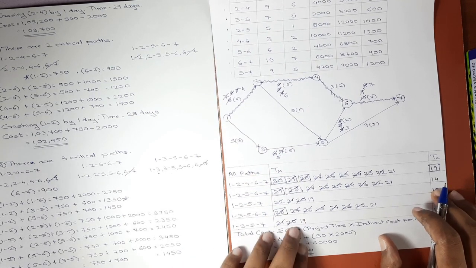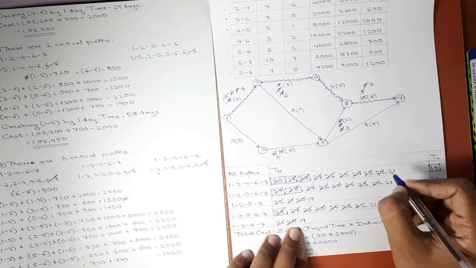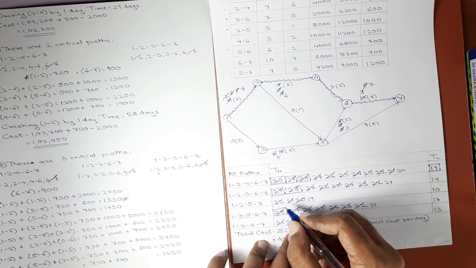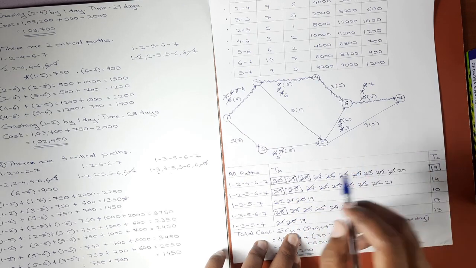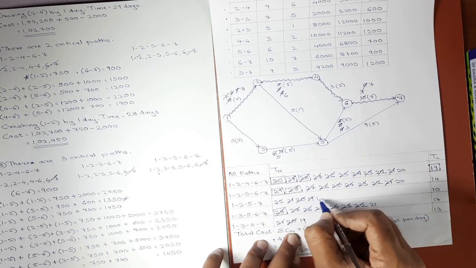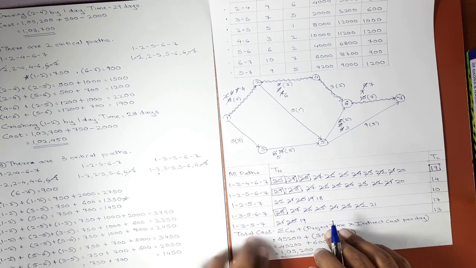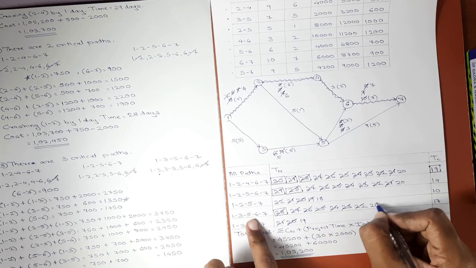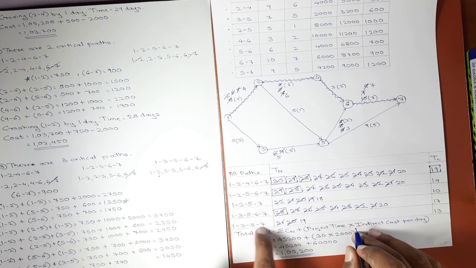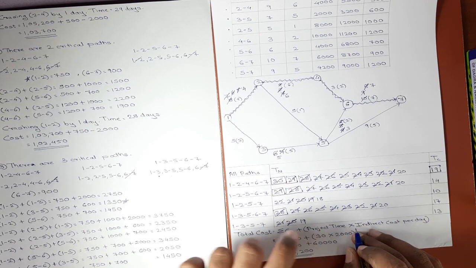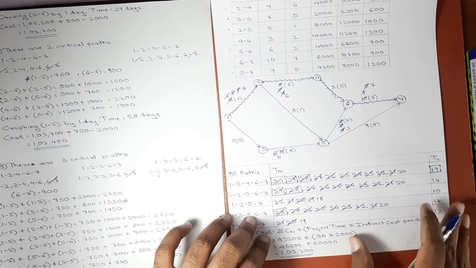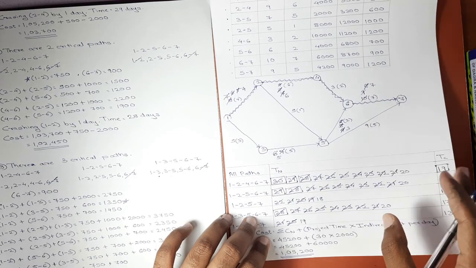Now we'll also update the table of paths. 1 2 comes in first path, yes, duration will be 20. It comes in second path. 5 6 also comes in second path, here also it will become 20. Here 19 will become 18 because 1 2 is there. Here 5 6 is present, 21 will become 20. Here nothing is present, so this will be unchanged. Again the critical paths are same, the difference is activity 1 2 is exhausted.